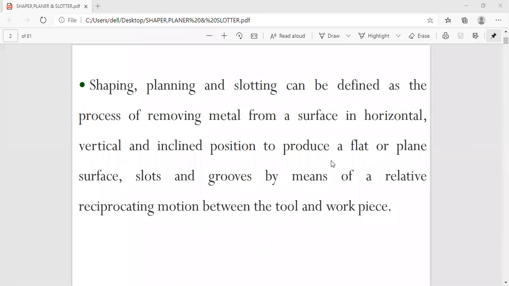So we have that shaping, planing, and slotting can be defined as the process of removing metal from a surface, from the job piece or the workpiece in the horizontal position, in the vertical position, and in the inclined position. You have to know all those tools also, where you want to use them.